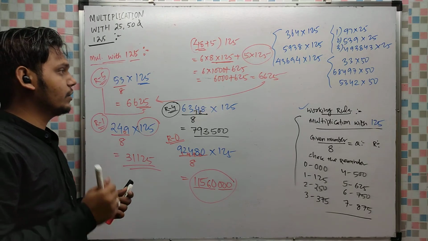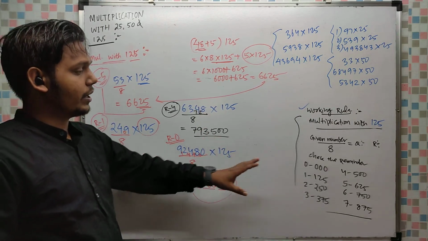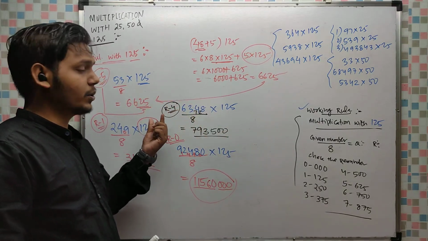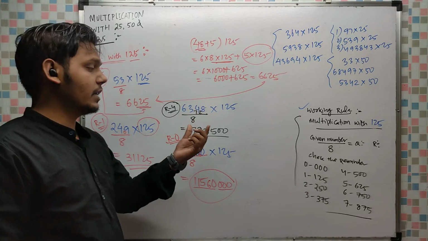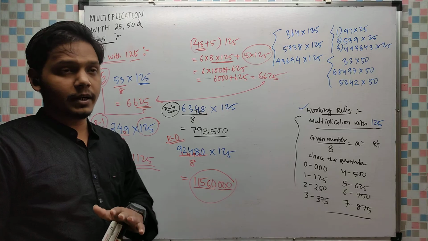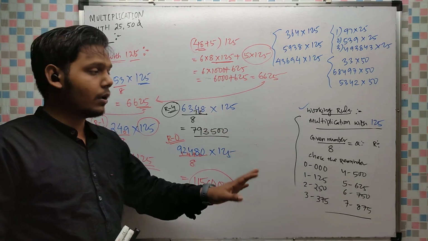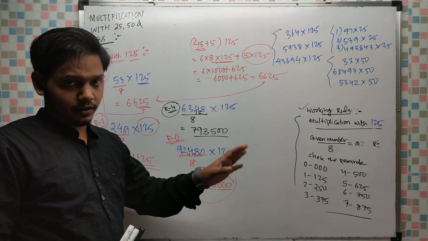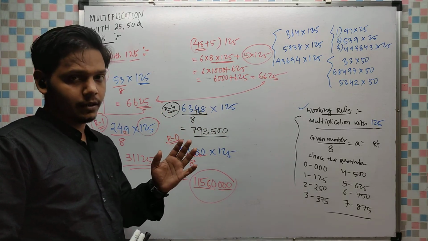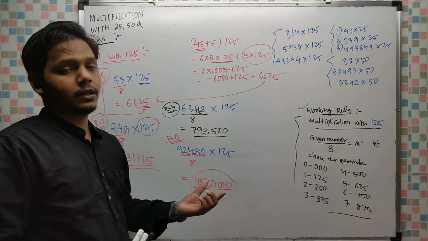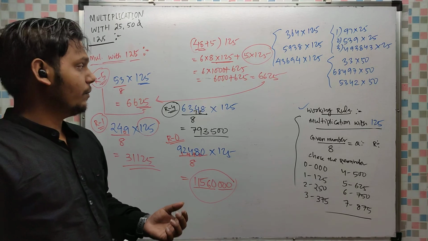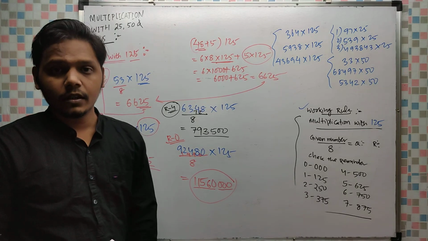Okay. For multiplication with 25, you have to divide the number by 4, and this remainder you always have to keep in your mind. The remainder is important here, because the right side value is put using the remainder. So any number multiplied with 25 will be divided by 4, any number multiplied with 50 will be divided by 2, and any number multiplied with 125 will be divided by 8, and thereafter you have to see the respective remainder. You can use this formula to solve. I hope after watching this video you will be able to understand. Thank you for watching.